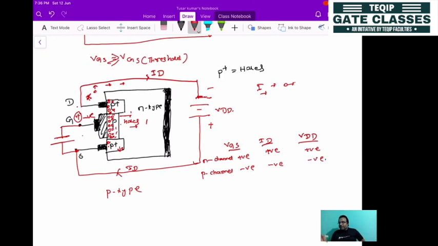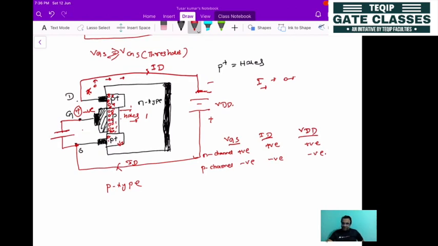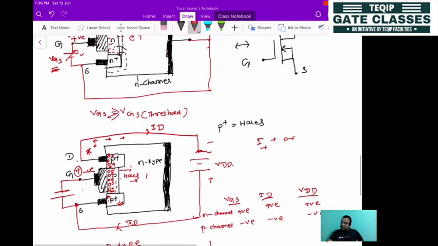So this is the comparison between the N channel and P channel depletion type MOSFET, where you have one P-type material connecting the two terminals, that is source to drain, through which one channel is formed. So one physical channel is already present over there. If you draw the symbol, it will be a little bit different from the previous one.